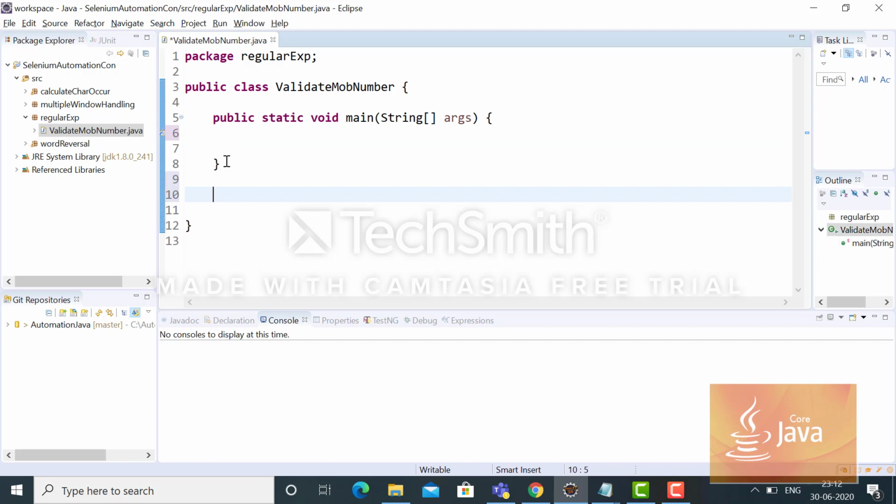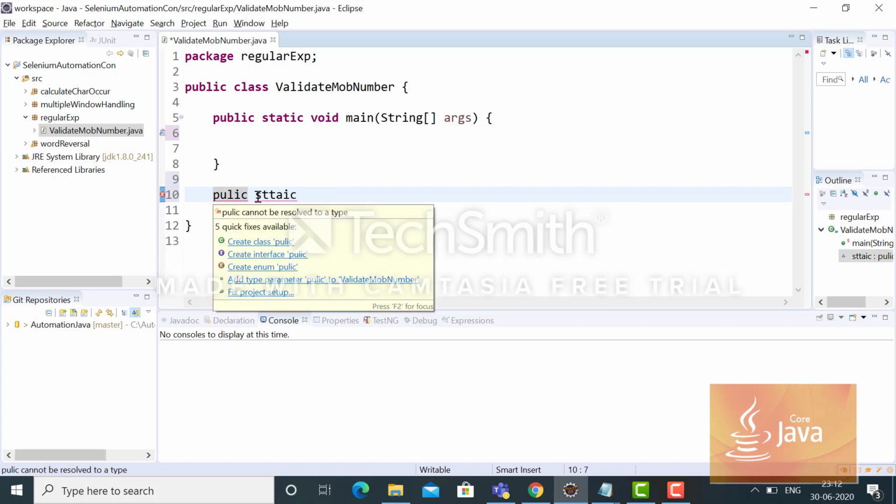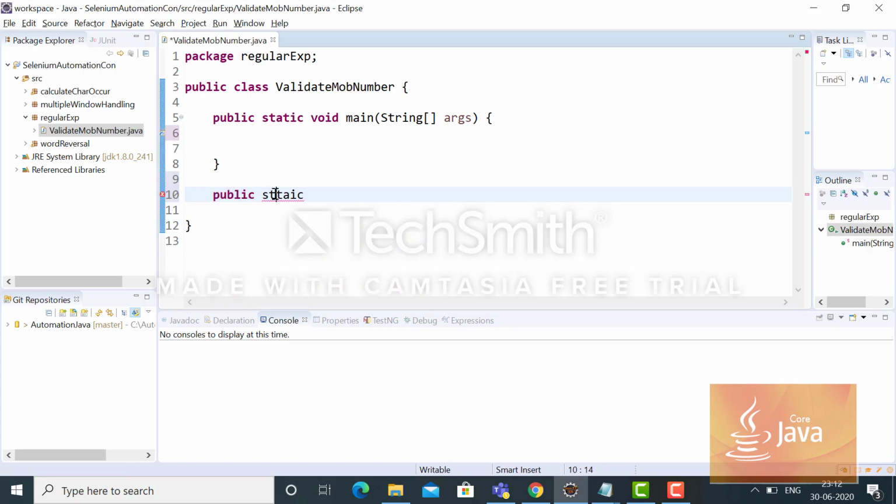As usual, we will write one function which will take the input from the console. Public static String take input, and the return type will be string.